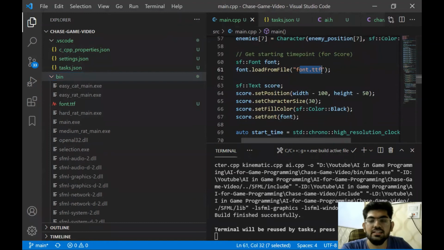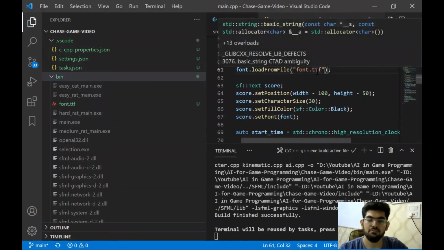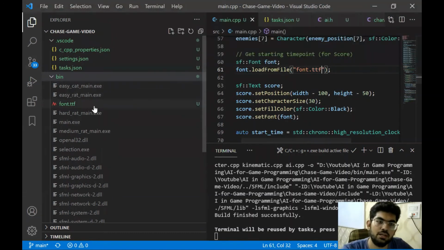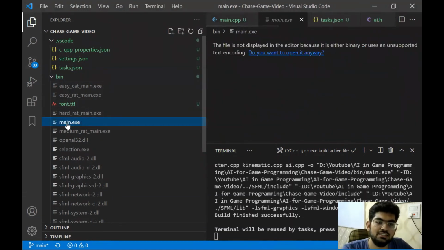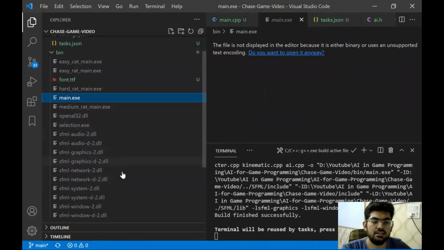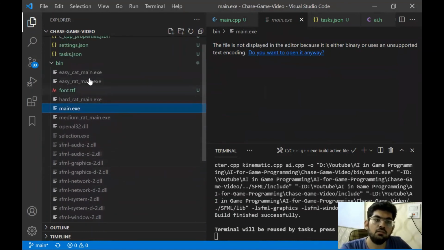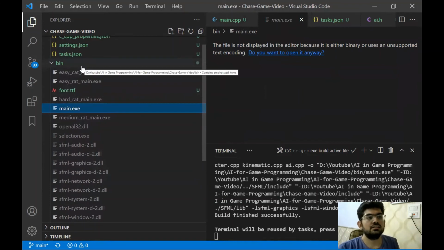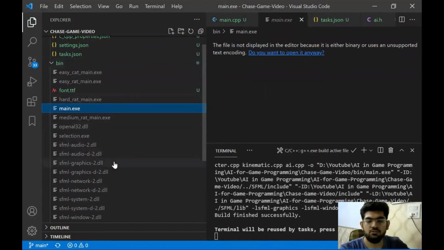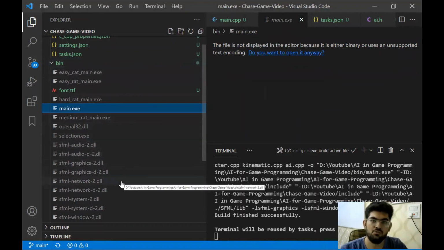We need this font.ttf file to be present in the same directory as the final executable program. Main.exe is the final executable program that we have, and the others are the additional SFML DLL files. I was not able to get a static based compiling. That's why I have to keep all these files in one folder.